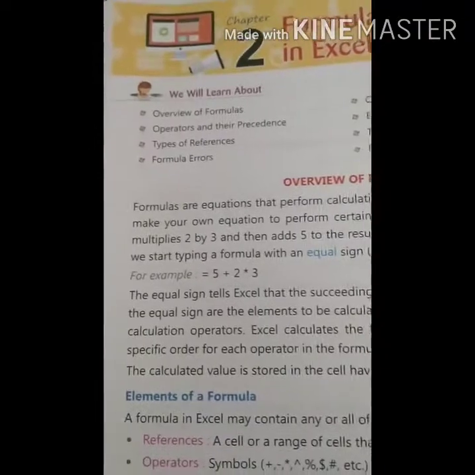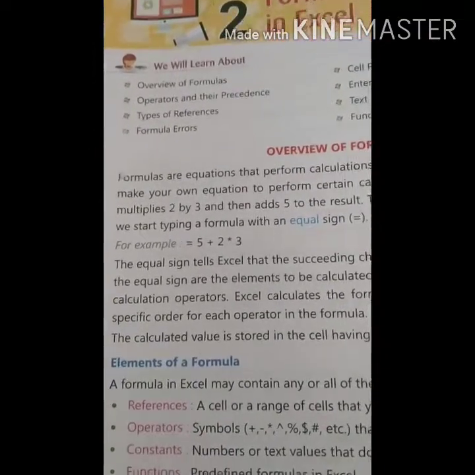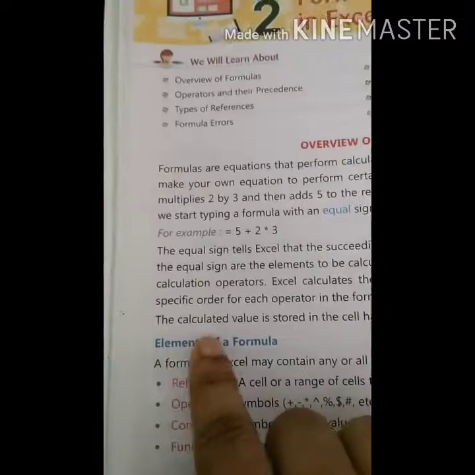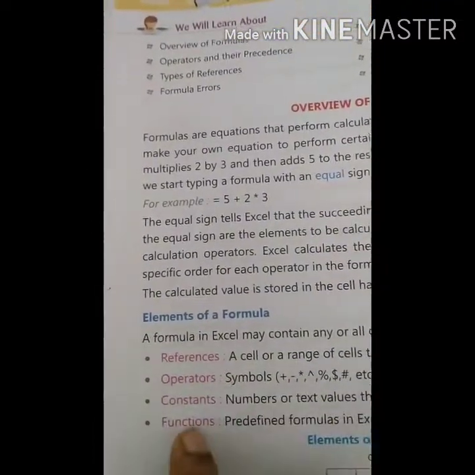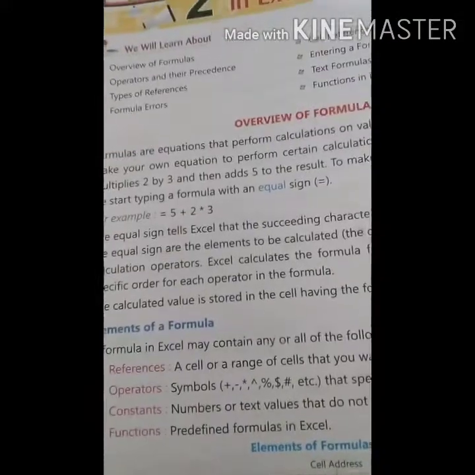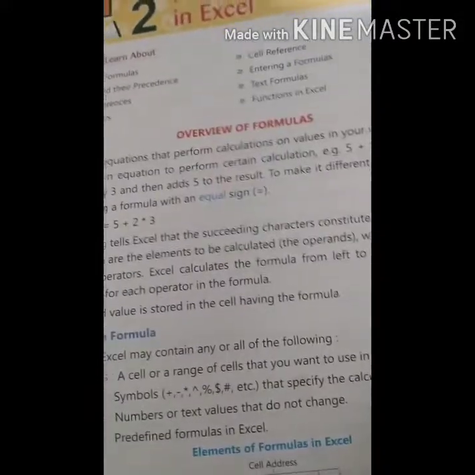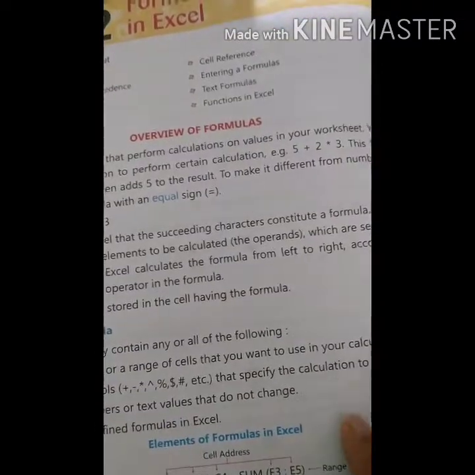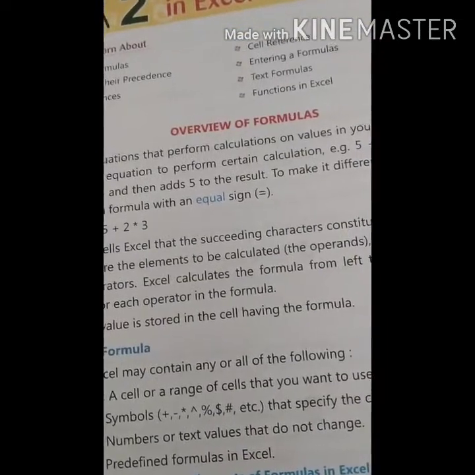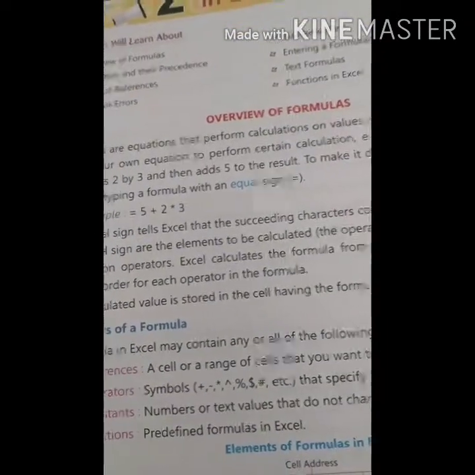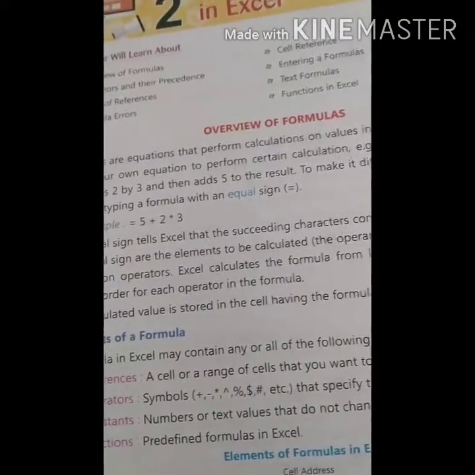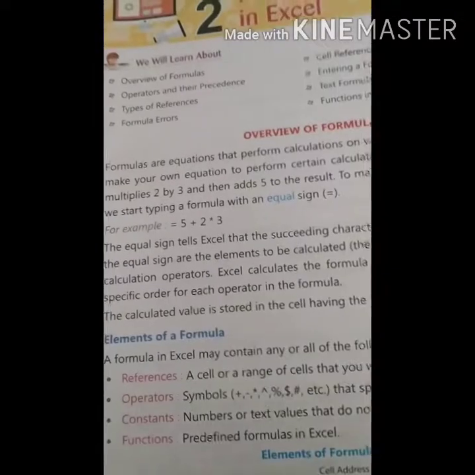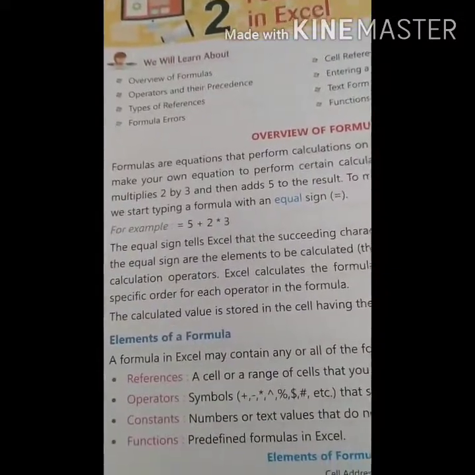Now I am showing you the use of formulas. Here you see the elements of a formula are given: references, operators, constants, functions. References: a cell or range of cells that you want to use in a formula. The range of cells, whose contents' result you want to find out, you have to set in the cell reference.